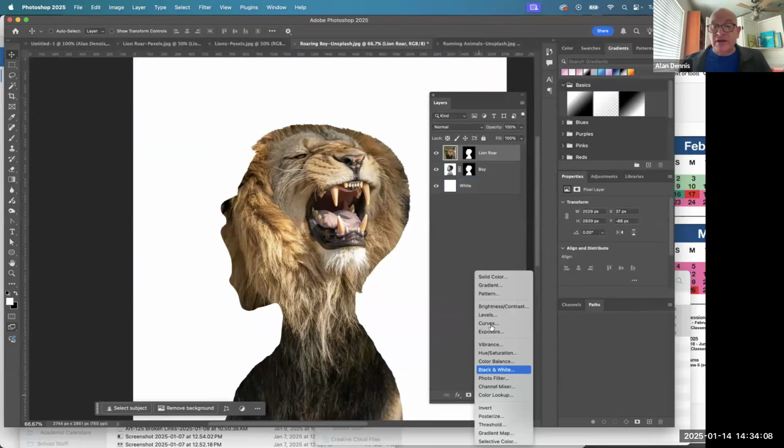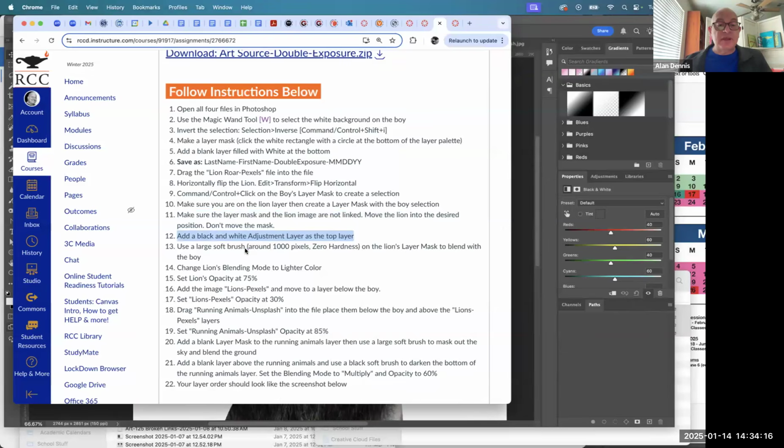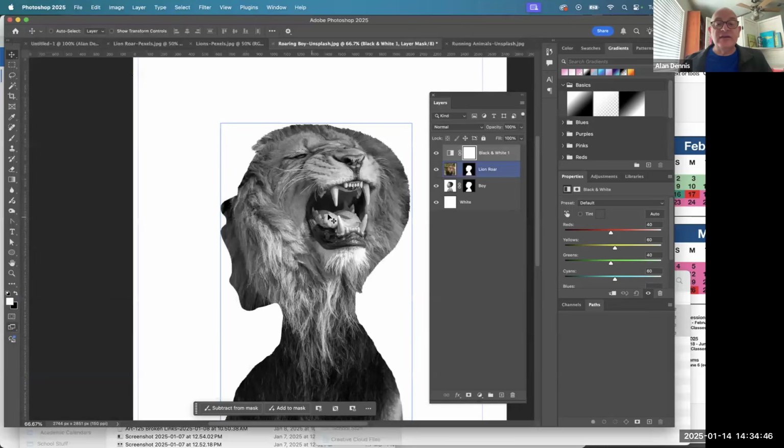And so adjustment layers are down here, and I go to black and white. And oh, cool. Now I've got a black and white lion there. Okay, next step, use a soft brush around 1,000 pixels on your lion's layer mask to blend it with the boy. And so you can see right here, here's the boy, there's the mask, and there's the black and white adjustment layer. Here's the lion roar. And I've done just a soft edge here. So I'm seeing the whole lion there, and I'm just blending it here so I see the boy's face. And I also did some hard cutting out of his